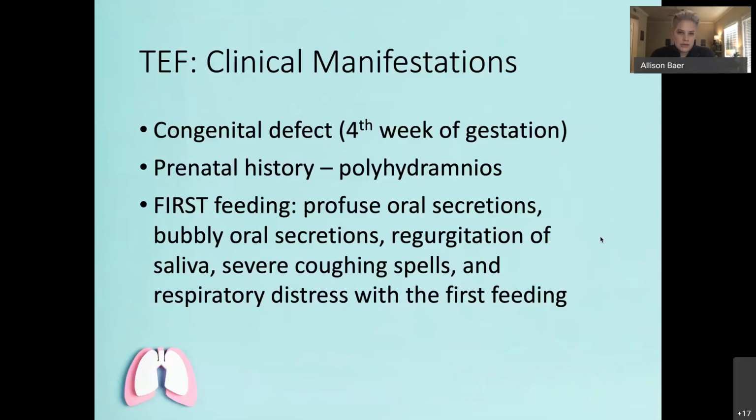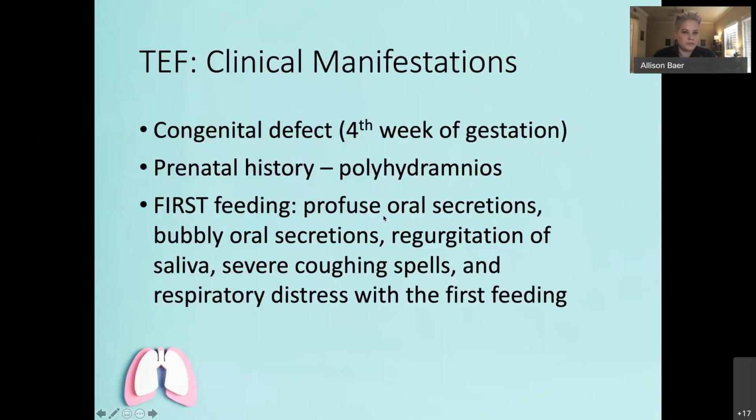So this is a congenital defect. Again, that whole area develops in the 4th week of gestation. So it happens very early on. And what you will see with that is, in a normal baby, they're going to swallow amniotic fluid. It goes through their system, and they pee it out. These babies can't swallow because the esophagus doesn't go anywhere. So you're going to see polyhydramnios. They can't swallow that amniotic fluid, so it's going to build up